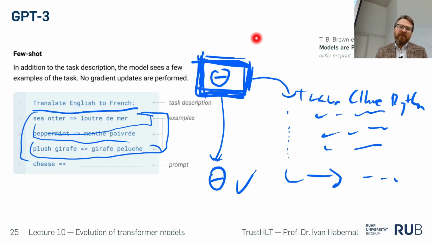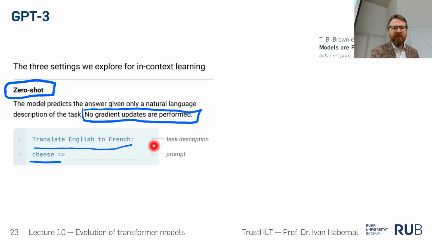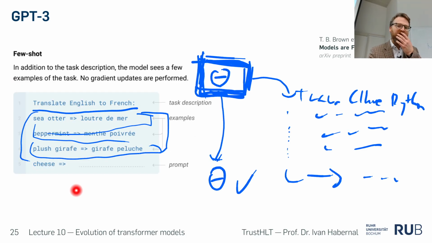There are different words now used for this. In-context learning was used by the GPT-3 people. Some people call it prompting, prompt engineering. There are different names for the same thing. You just put your inputs to the model, and either you show examples or instructions. For zero shot, it might be instructions. So you just say, this is the instruction to the model, and then you show the actual task. But zero shot, few shot learning is interesting because you can actually compare